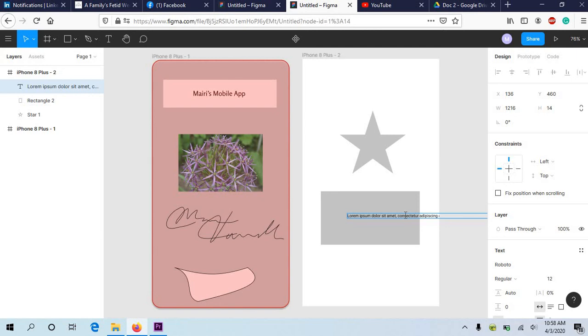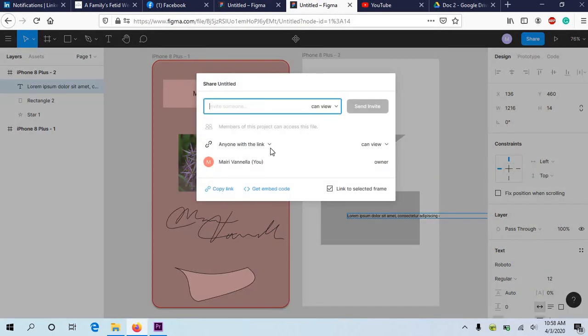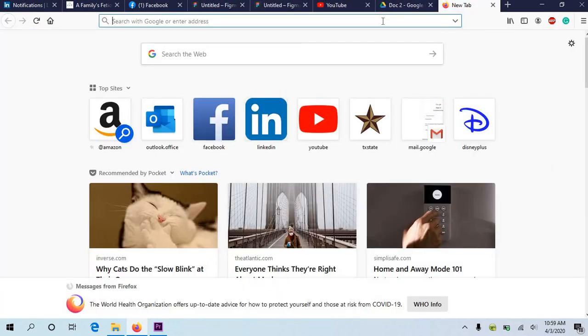So the assignment details are on tracks as far as plugins are concerned, what you need to do, and connections between screens. Now, when you share this assignment, you're going to click share. You can send it to my email, or you can copy the link and paste it into the assignment submission box under tracks. So if I copy and paste this,